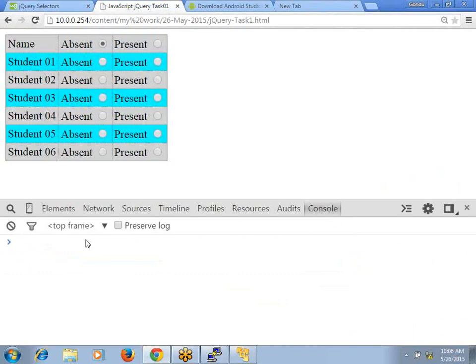In the console, $. I want to pick all the input elements whose ID, or name, or whatever it is, whose ID is like